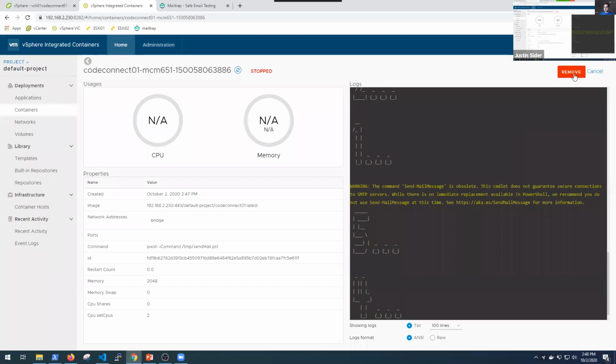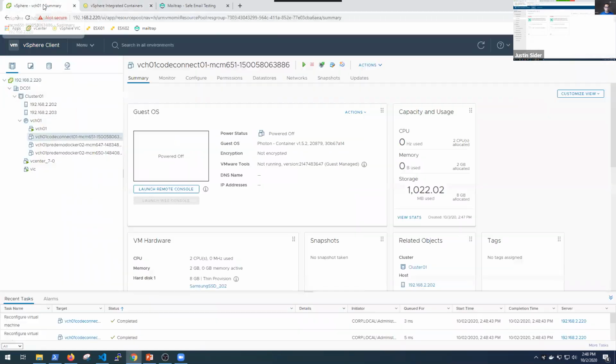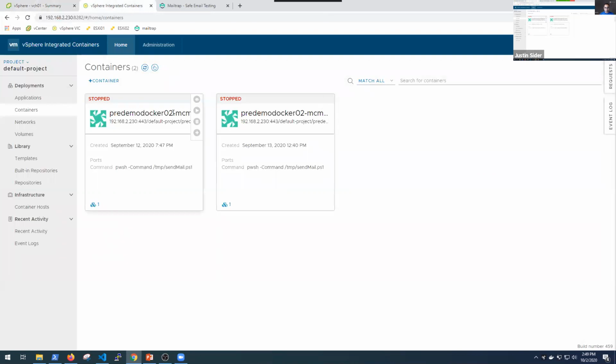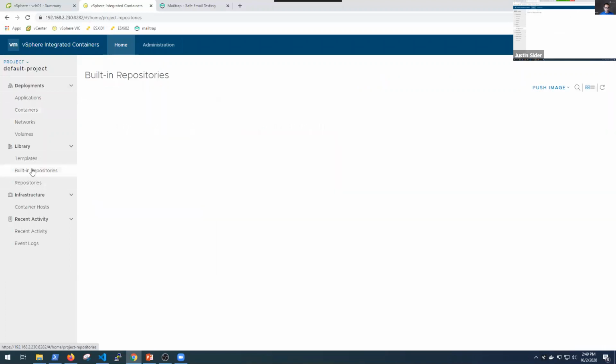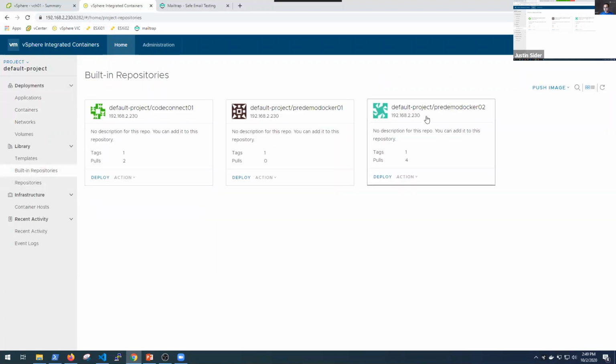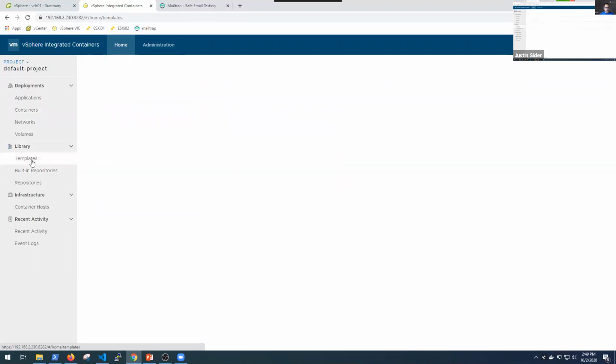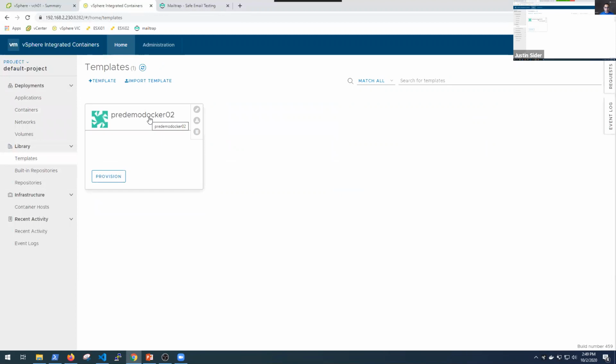So now we can hit remove and the container will be gone. Bye-bye. All right. So the next piece that I wanted to show you was, let's see, pre-Docker. I want to go back to built-in repositories. And I wanted to actually go to templates. So this one,